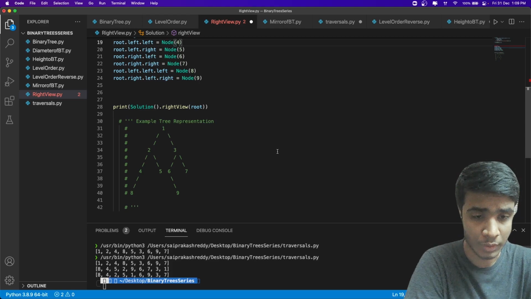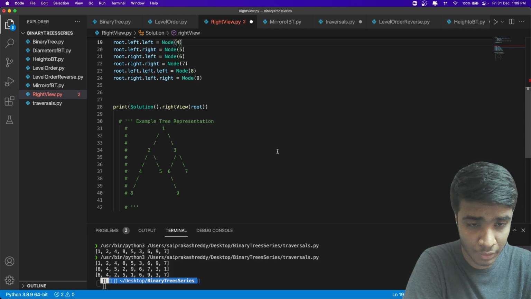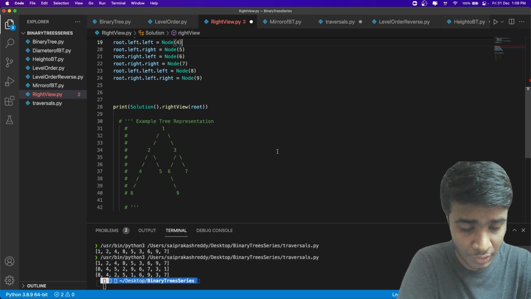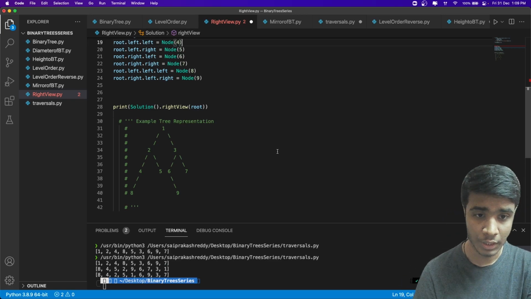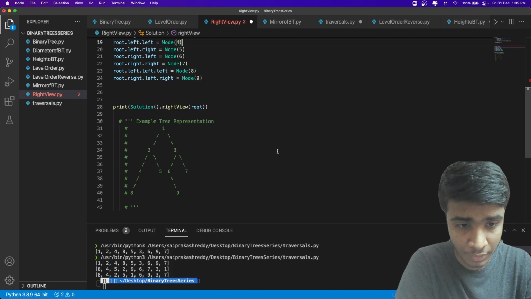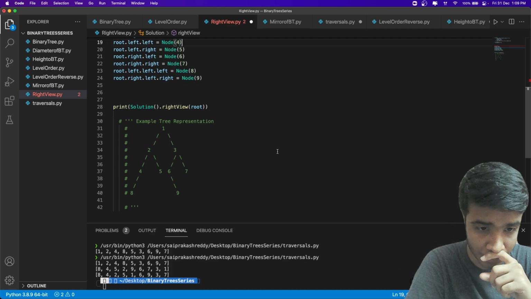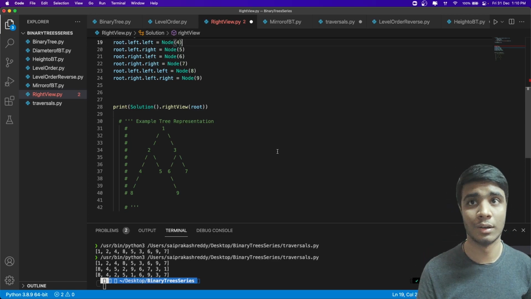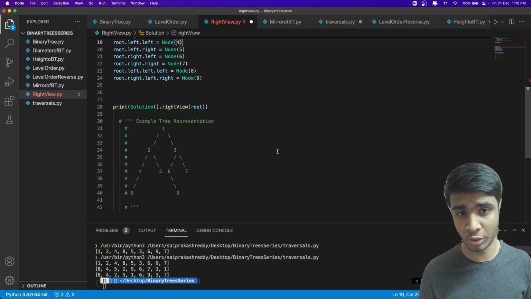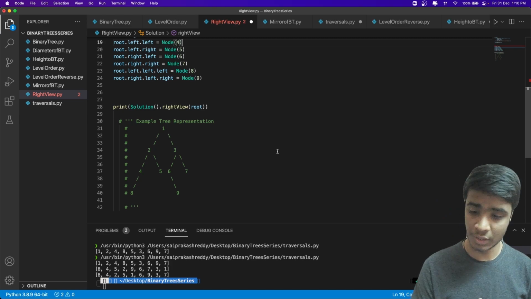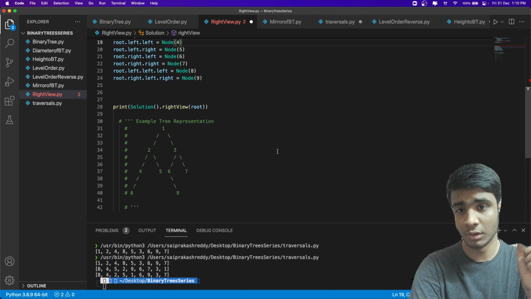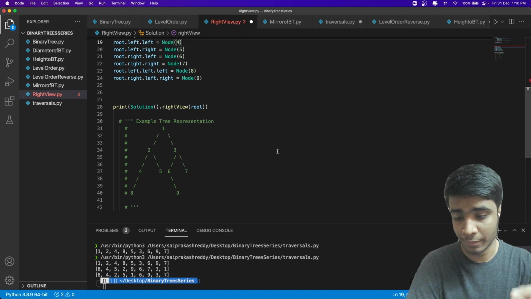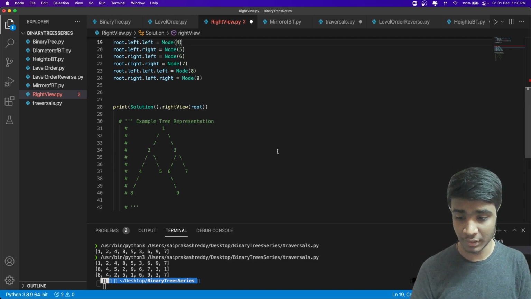So when you're looking from the right, you would see elements 1, 3, 7, and 9, right? The idea here is that in the previous problem, when we solved level order traversal, we inserted every element. If it is not present previously, we inserted it, and if it is already present, we simply appended it.